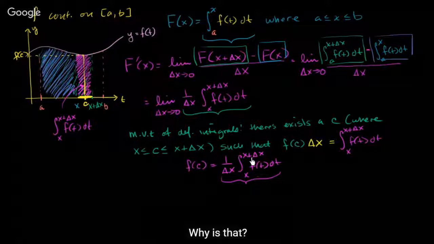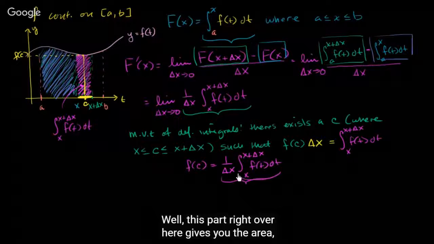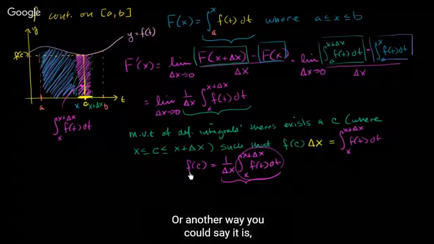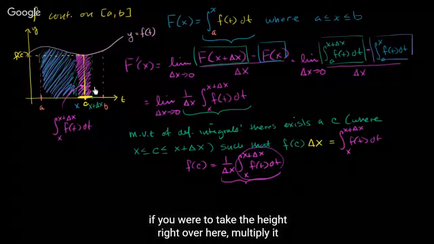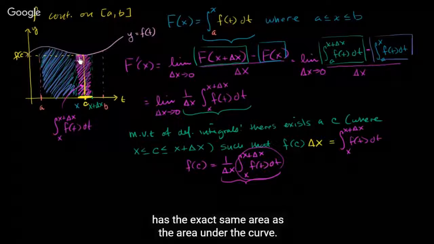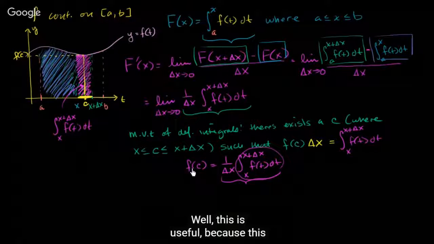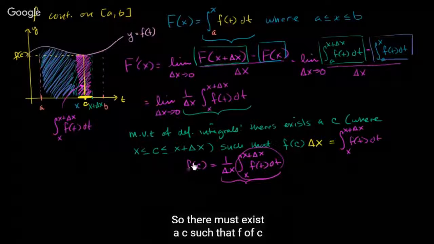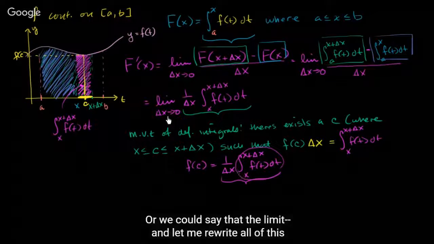Why is that? Well, this part right over here gives you the area, and then you divide the area by the base and you get the mean height. Or another way you could say it is, if you were to take the height right over here, multiply it times the base, you get a rectangle that has the exact same area as the area under the curve. Well, this is useful because this is exactly what we got as the derivative of f prime of x. So there must exist a c such that f of c is equal to this stuff,